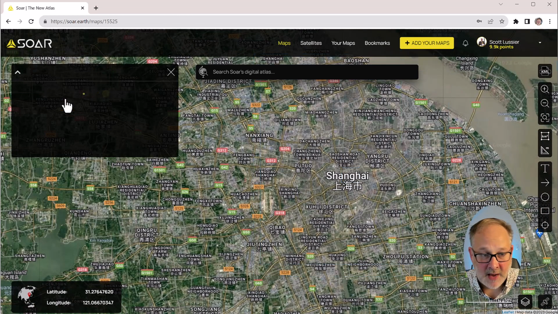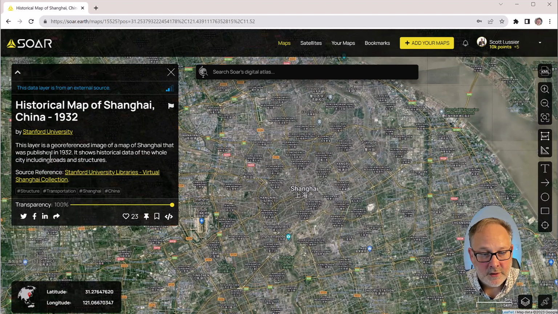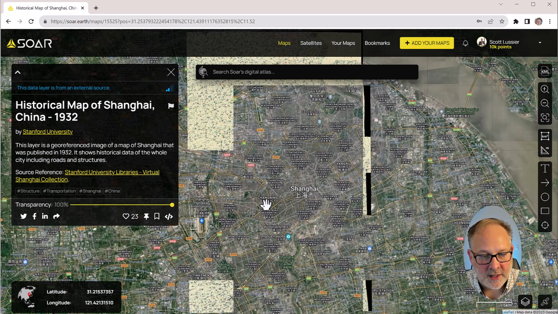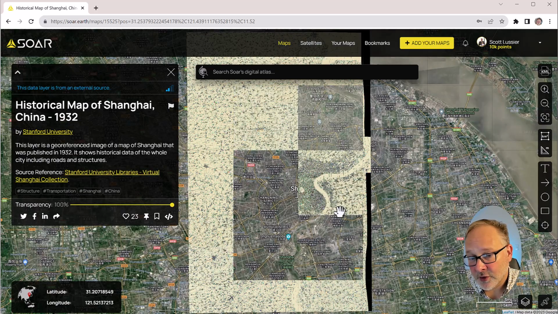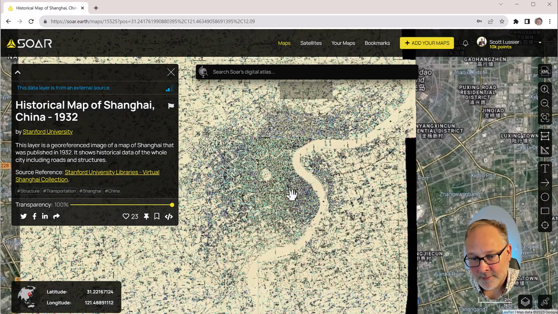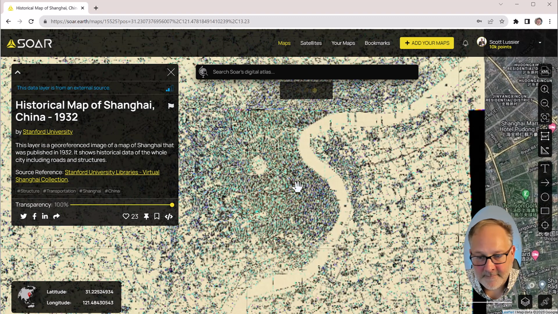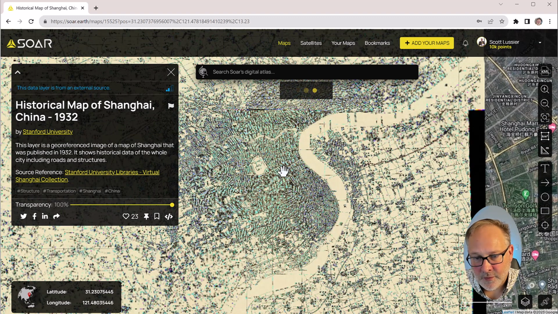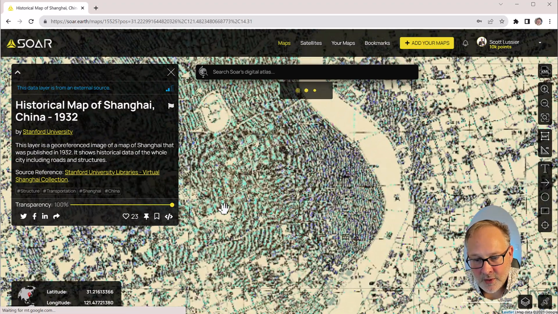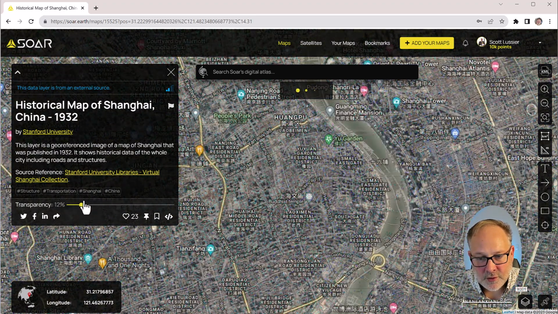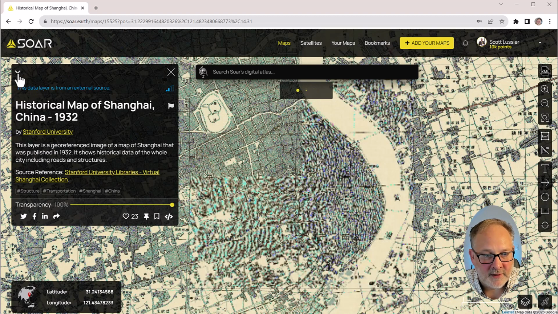Here it is, so it's this map here. A georeferenced image of a map of Shanghai that was published in 1932, with historical data of the whole city, including roads and structures. So we can look at this map. This is actually a different one. And use the transparency tool and zoom in to where we want. And let me see on that other one.